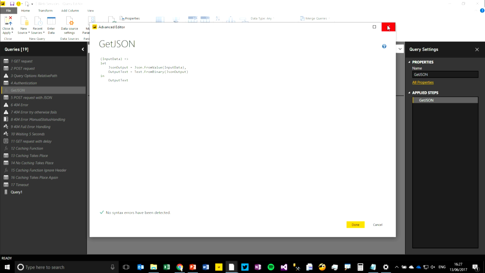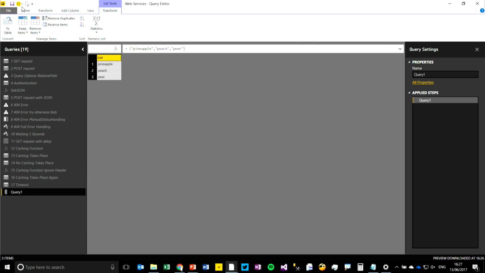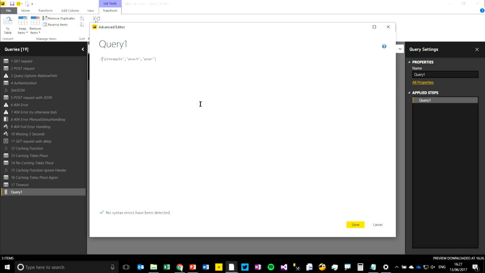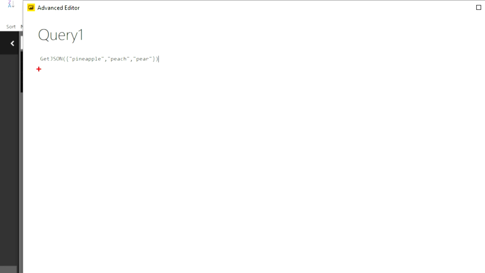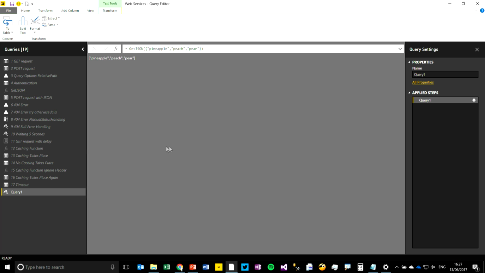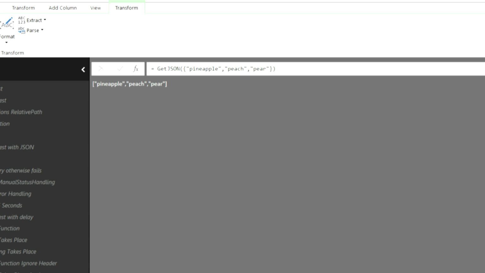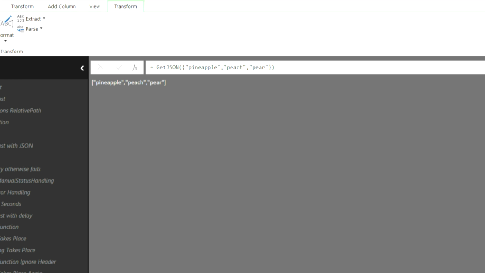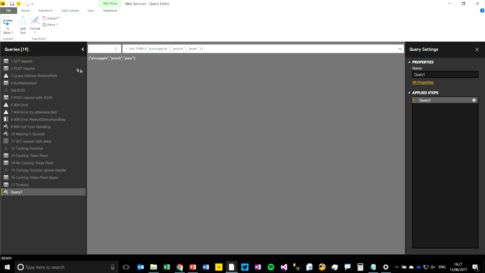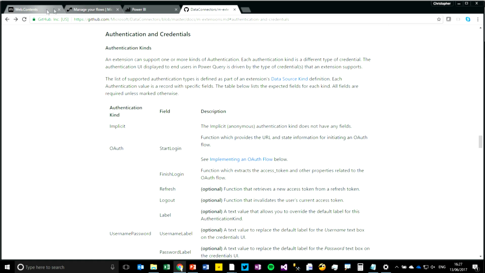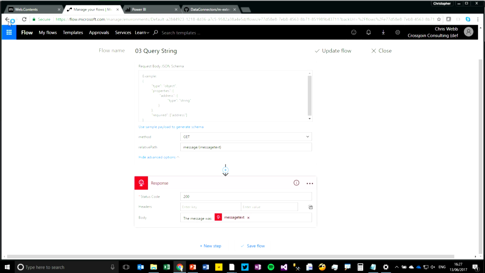So if I call my getJSON function on this, like so. So getJSON is the name of that function that I've just declared. Click done. You can see that from a list we get a, that's a bit fuzzy, isn't it? Or is that my eyesight? An array back. Now, if I copy this and we go back to Flow,